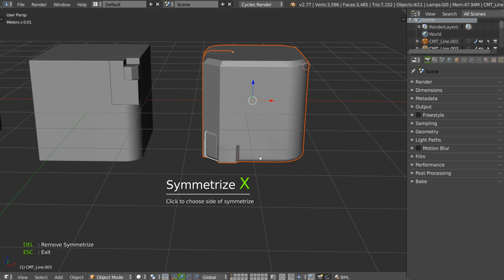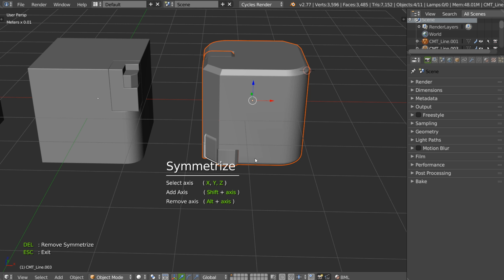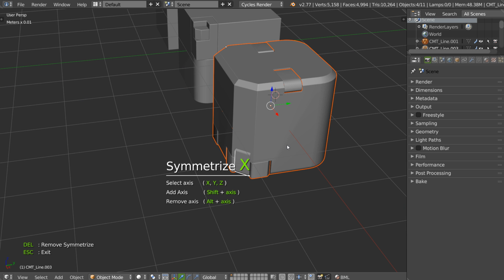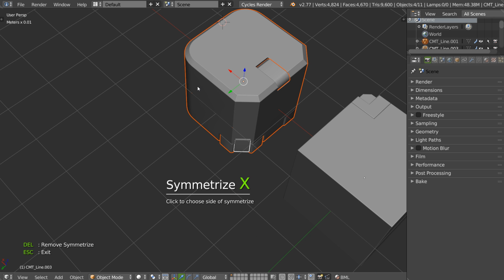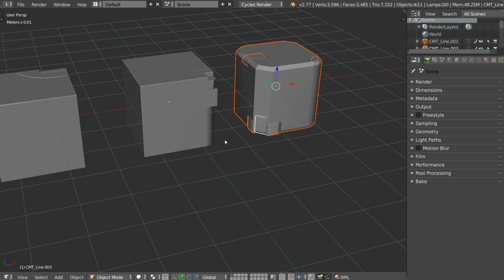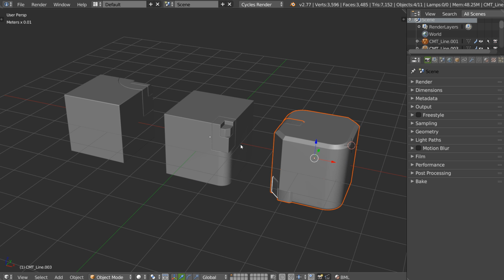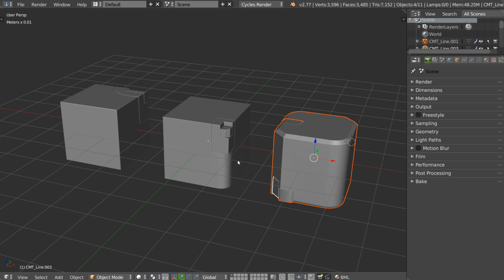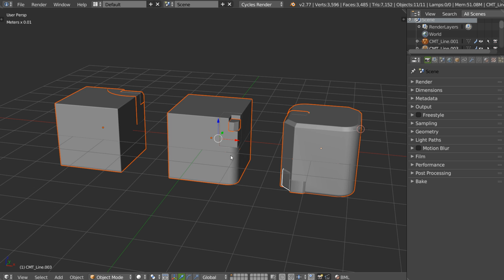I will make X, I want this here, I click, I have this here. Alt X, X, here, Y, here, as you can see, Shift X, here, or Alt X, Shift X, here, and as you can see, this is nice. So that's it for the symmetrize. As you can see, this is really powerful. This is simpler, and you can do whatever you want. You can remove, add, etc. And this is really nice. I like it a lot.